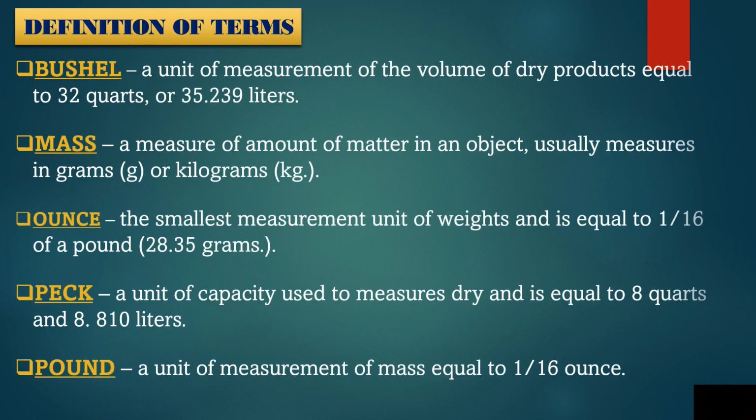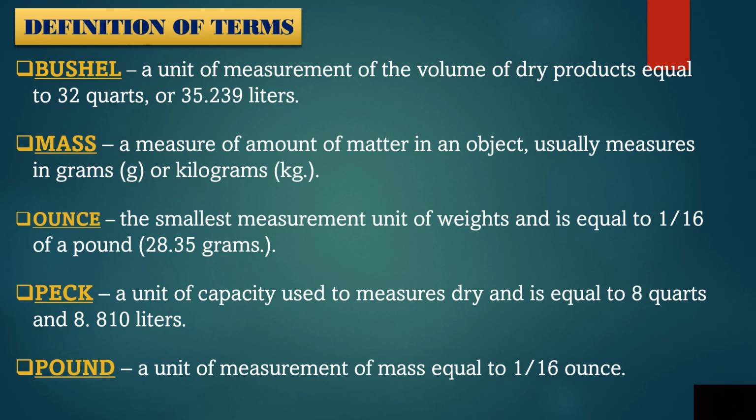Okay, so una dyan is yung ating bushel. Okay, it is a unit of measurement of the volume of dry products equals to 32 quarts or 35.239 liters. And then next, mass, a measure of amount of matter in an object, usually measures in grams or kilograms. And the next, ounce, the smallest measurement unit of weights, and is equal to 1 over 16 of pound